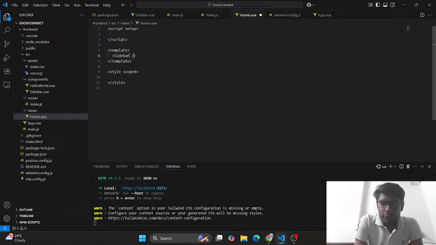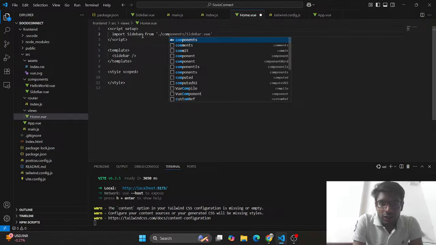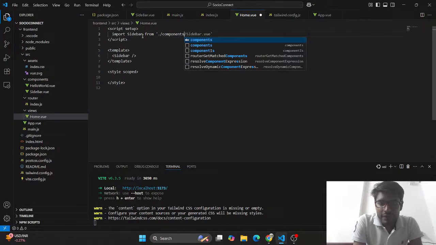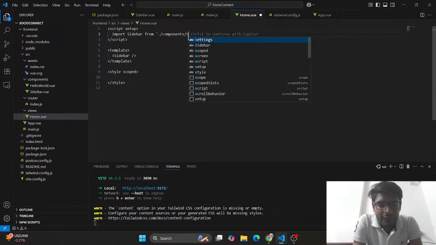And we saw how to do that. So what to do? We have to import that. Import sidebar from, you can write @ or even dot. Let's suppose I write dot, it will work. Components slash, you can see it is here. So dot means you are in the src, so it will define as src. Then you go to components, so you write components, then you write the sidebar where it is lying,